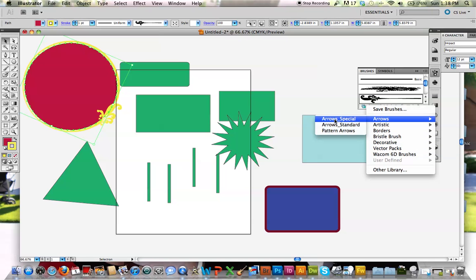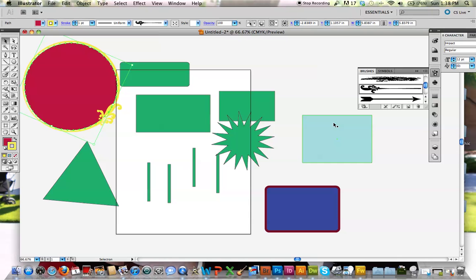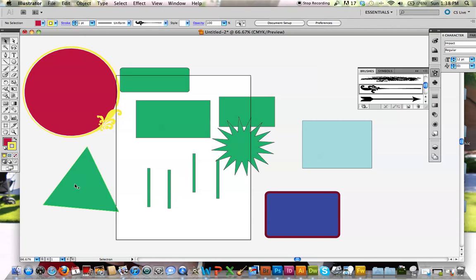Like for example, if I just pull that up, it'll pull up all the arrows. You can do an arrow, you can do any of these different strokes to it, okay? Alright, so that's strokes, coloring, all that. Fun. Now, let's say